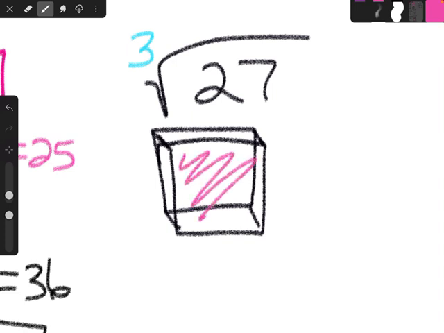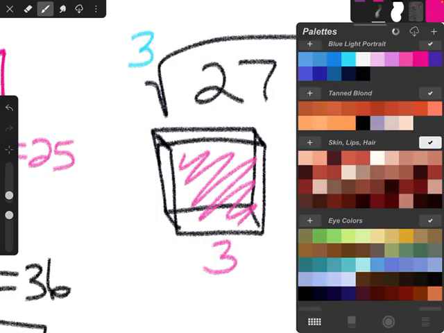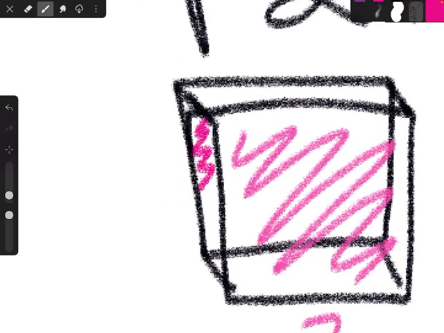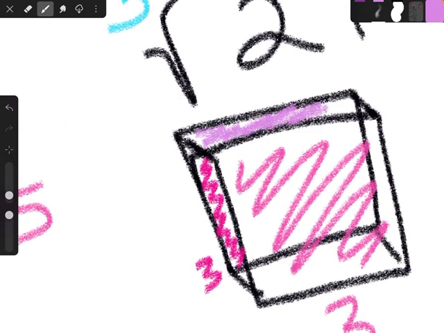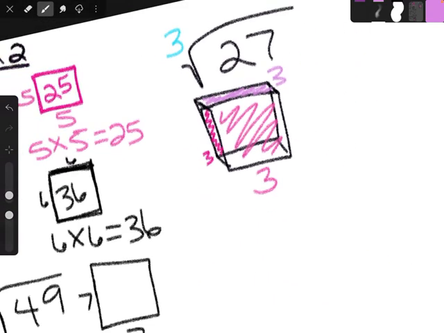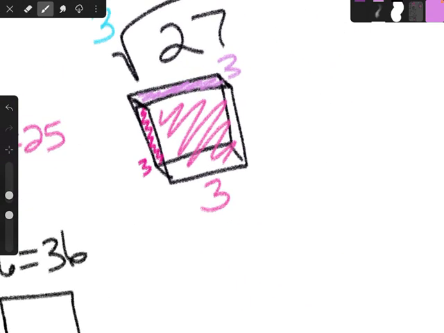So this face, can I say that this face is 3? And can I say that this side of the face is 3? And can I say that this side of the face, because we only want 3 sides, is 3, right? Because cubes, they have 6 sides. Because if we were to look at a